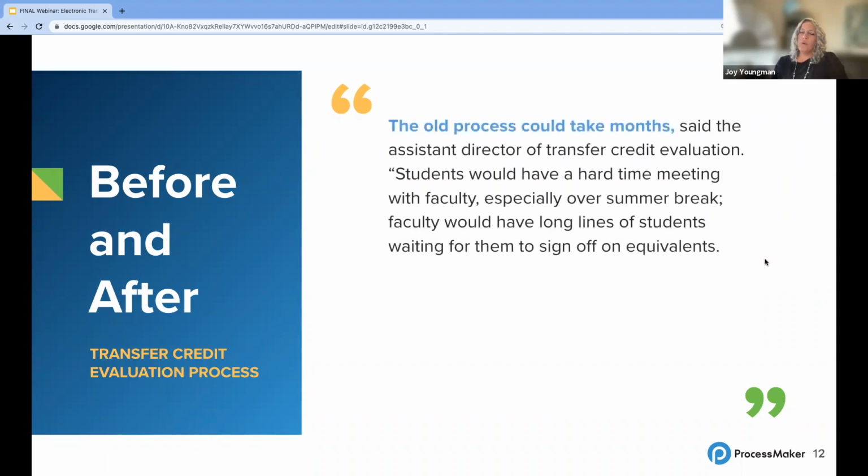They said that their old process could take months. They actually required students to walk or send their transcripts over to the faculty, and the faculty would make determinations. Just by a quick show of hands, or drop a note in the chat, who do you use